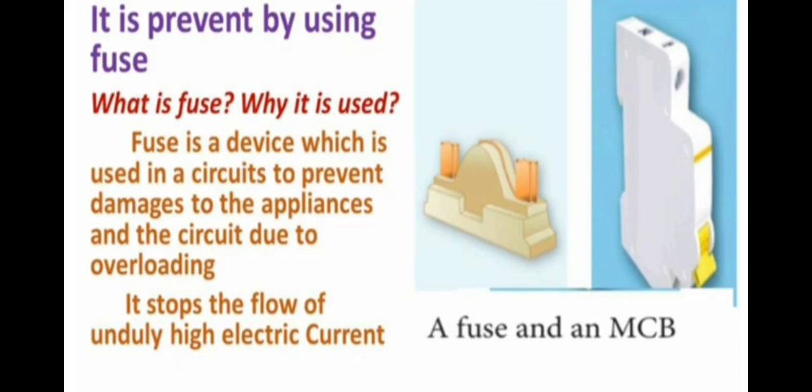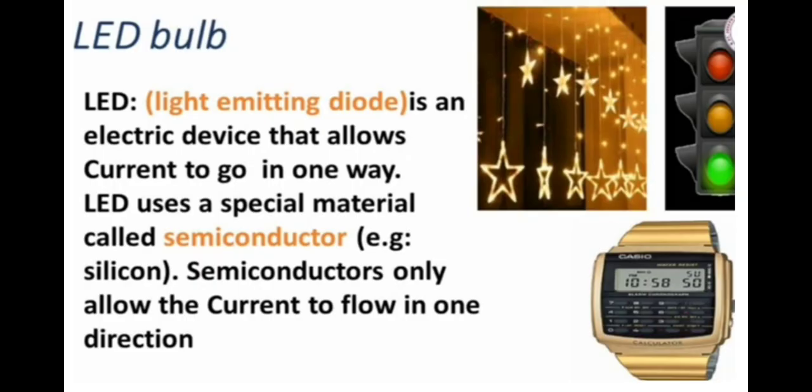Next, MCB. MCB is a switching device which can be activated automatically as well as manually. It has a spring attached to the switch which is attracted by an electromagnet when an excess current passes through the circuit. Next one,